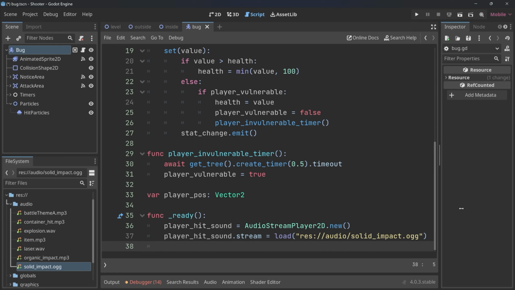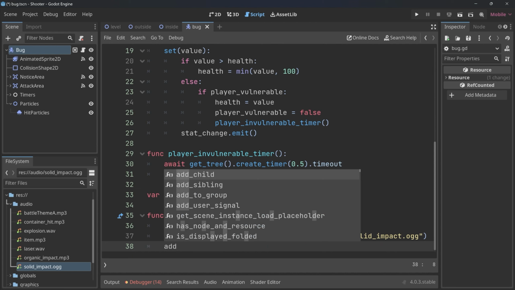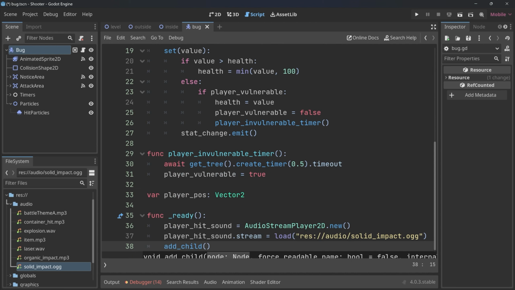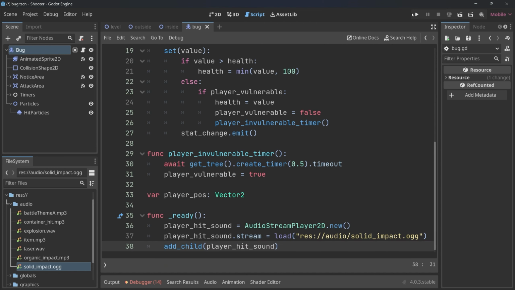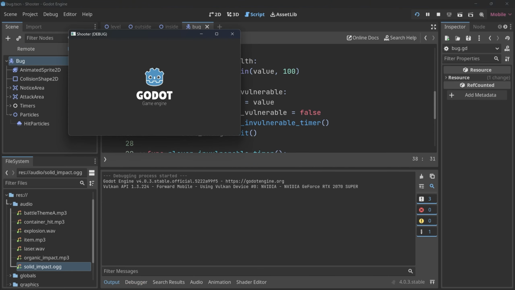Finally, there's one more thing that we do have to do. And let me give all of this a bit more space. At the moment, we have a node, and this node has a stream, so file. The last thing we have to do is to add this node to this script, which we do with add child. We have seen this one before, and we want to add the player hit sound. What this one now is going to do, if I run the entire